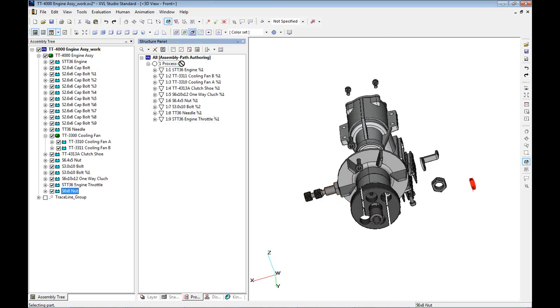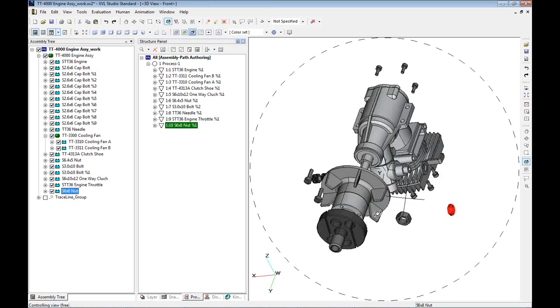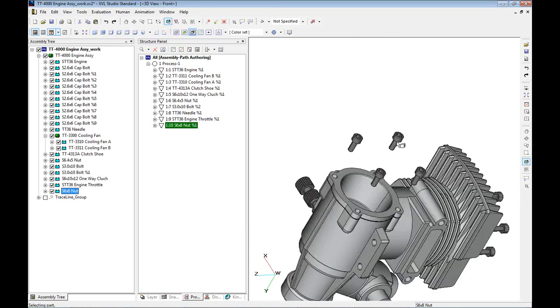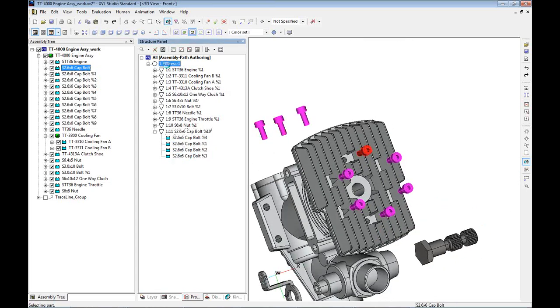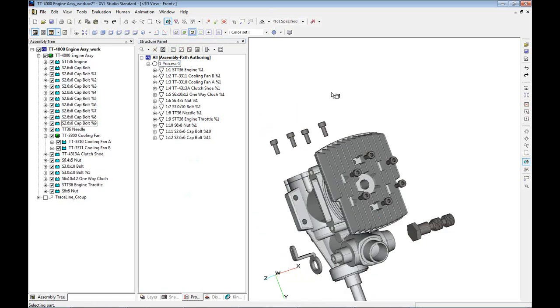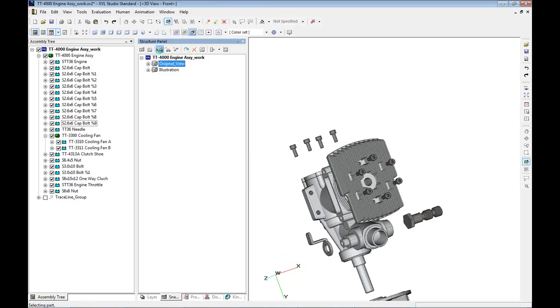So Masaru is actually doing the job of a process planner here, where he's designing the order that these things should be assembled. And again, as we did with the disassembly for the illustration, you can include multiple parts in steps, so you can work with sub-assemblies or groups of parts that should all be included at one time in an individual step. So we've built a pretty simple sequence,